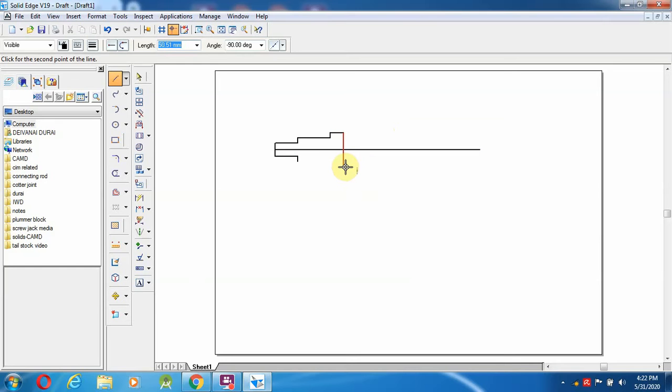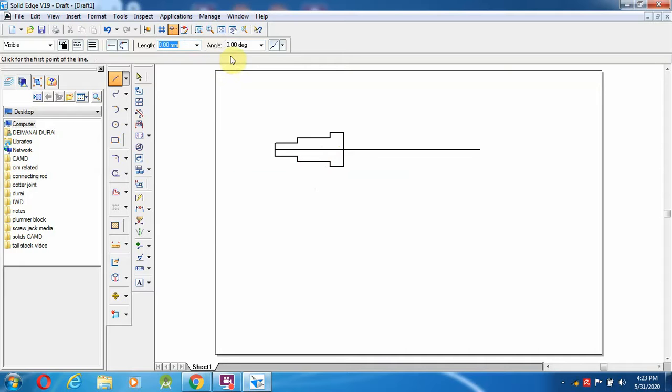Now I am going to create a 2.5d, that is the 50 mm distance over here, and coming to here, 20 mm and height 7.5, and going to join over here.